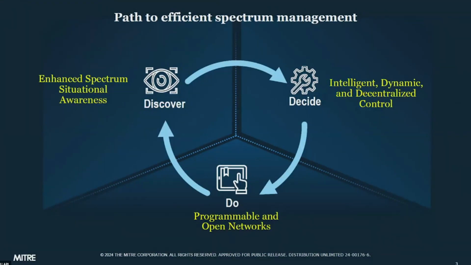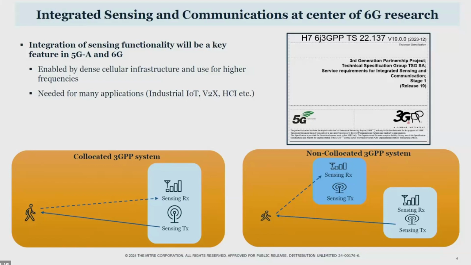So any efficient spectrum management would have these 3 components, where the system itself will have to get the situational awareness of what is happening within the environment, and then it will have to decide on what to do and finally do it. So this is the 3-part discover, decide, do framework that we think is very important in any efficient spectrum management activity. Now, in 6G,